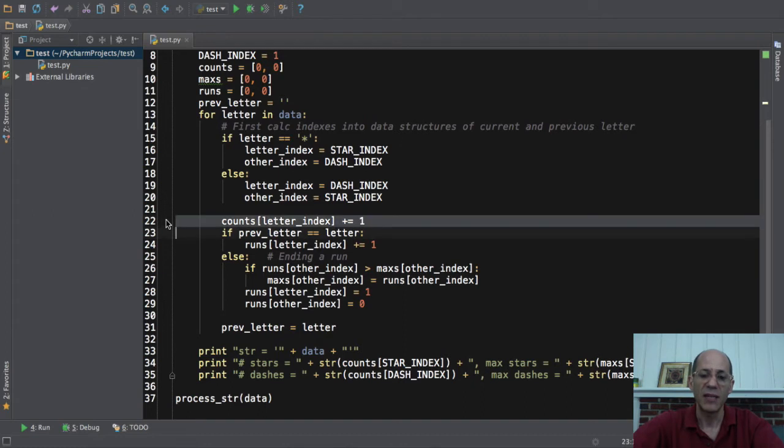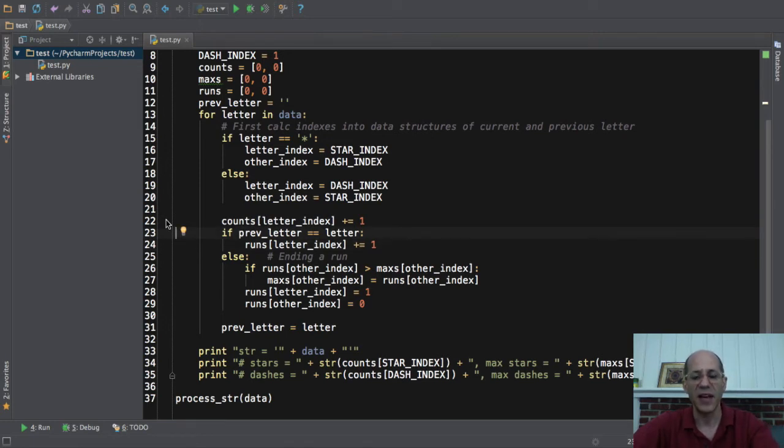We always increment our current total number, a count of the total number of letters. That makes sense. And then we do the special thing where we say if the letter has not changed, we increment our run length. And if we're ending a run, we reset it to 0. That makes sense, but now that we have this new data structure, look what we can do. We can say